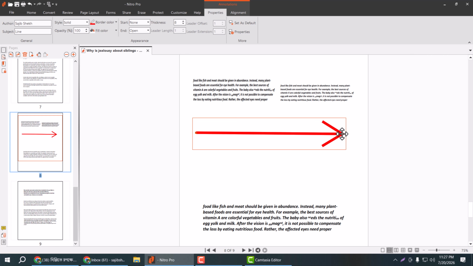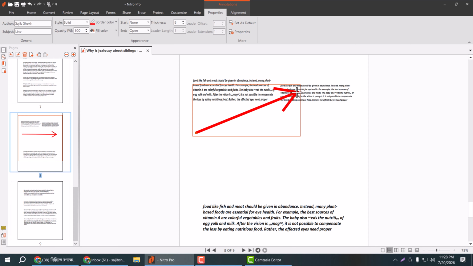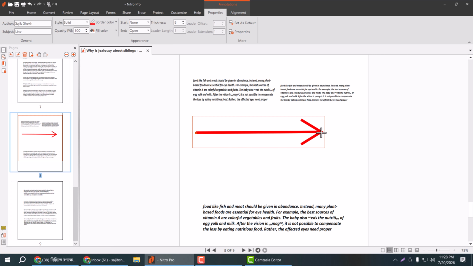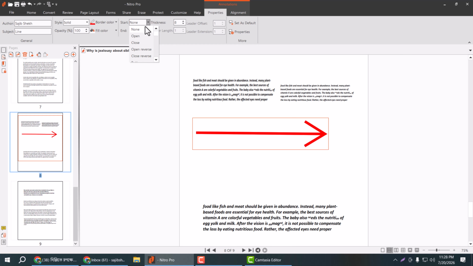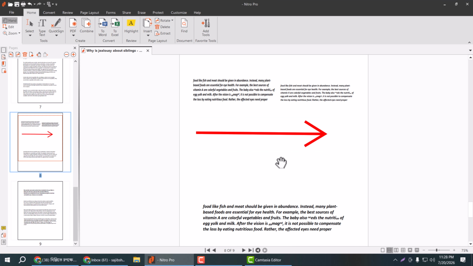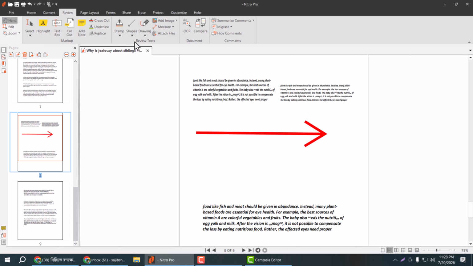You can increase, decrease this shape size and position. And this opposite option you can change it. And this shape starting line, this end line, except this one, none, and so on. This one, no conflict. And second one, I'll add this rectangle